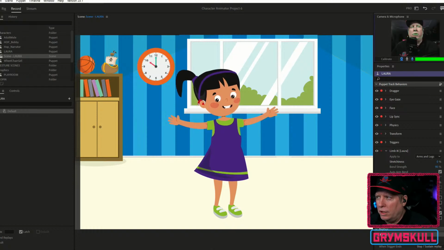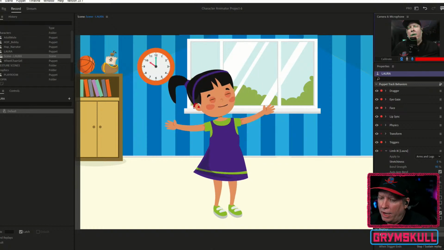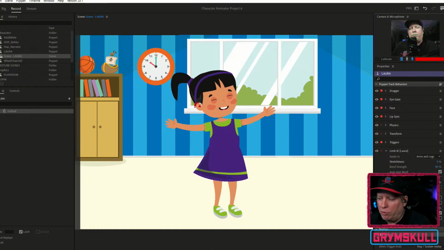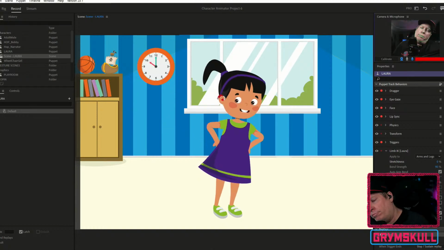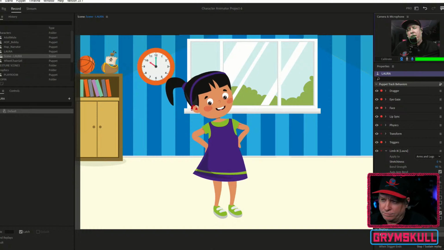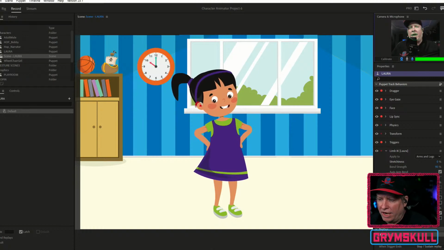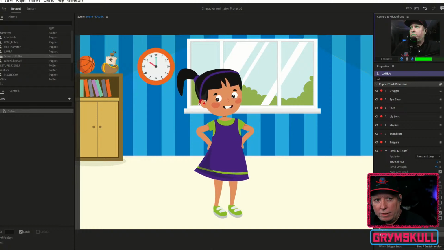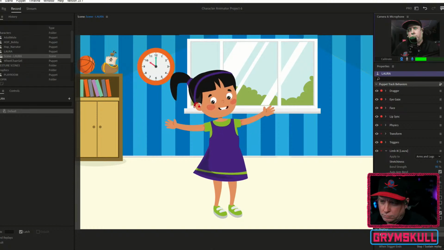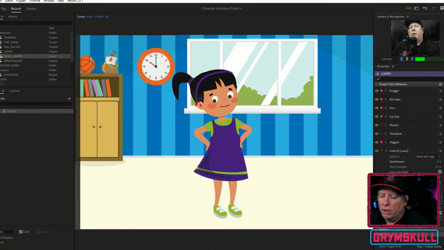Let's turn on my voice so I can be moving around. And now I press Q and my hands are going to go on my hips and they're going to stay there. They're going to stay there till I decide to press Q again, or until I use another trigger.